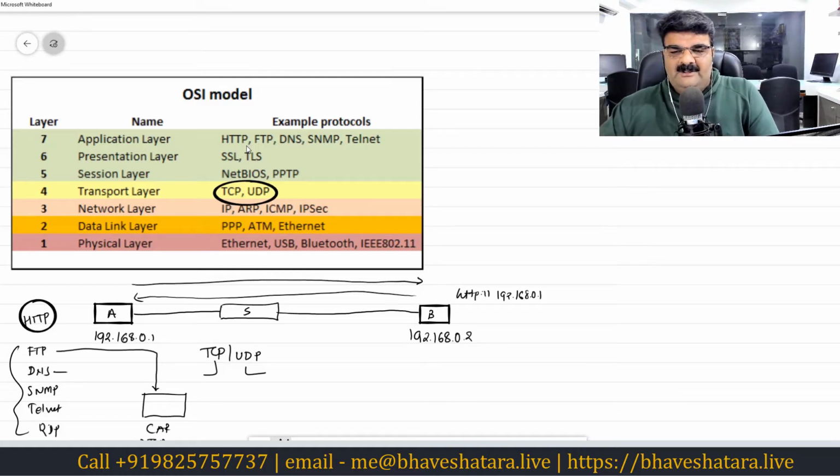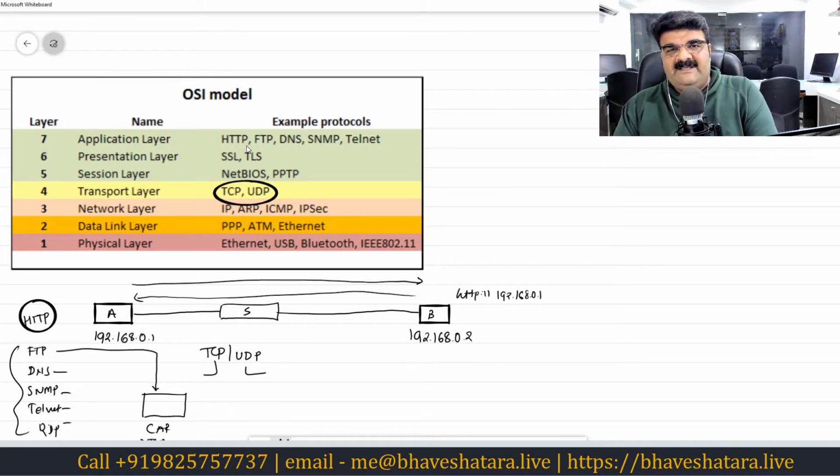These passenger protocols depend on TCP or UDP. They have to sit in either car, TCP or UDP, and then TCP and UDP will provide them end-to-end transportation service. Some protocols are based on TCP and some are based on UDP. Now there is no advantage or disadvantage. When we were learning in school days, our teacher said TCP is connection oriented, UDP is connectionless, and all this. But the matter is that these two protocols are there as per our requirement.